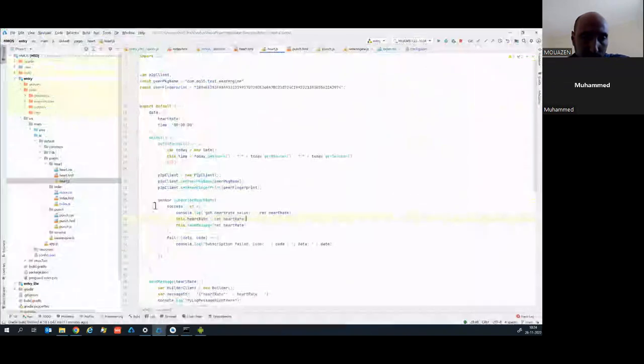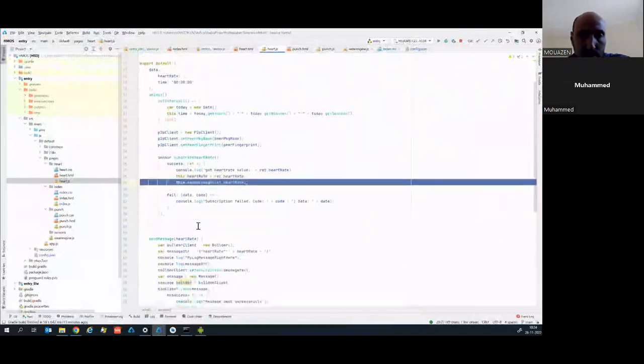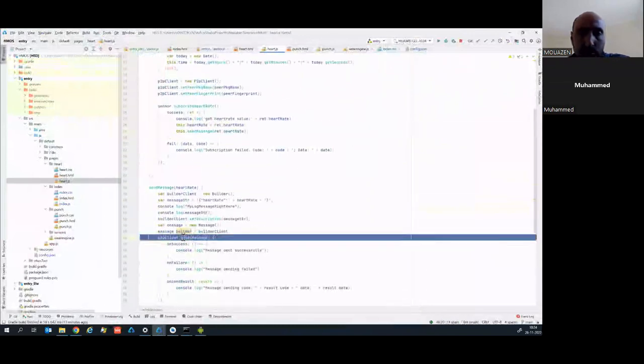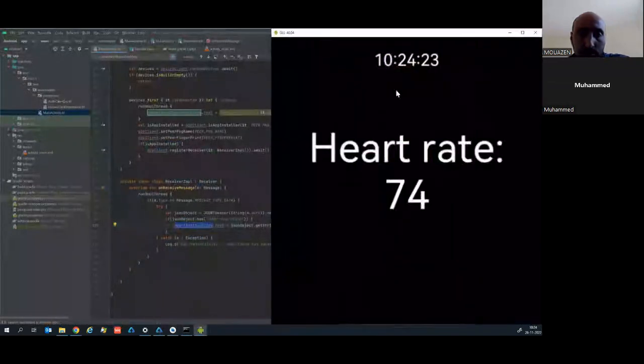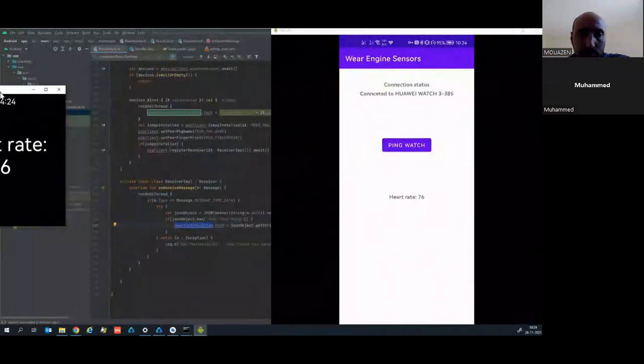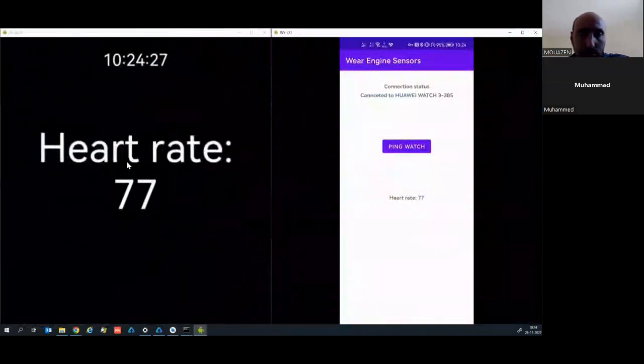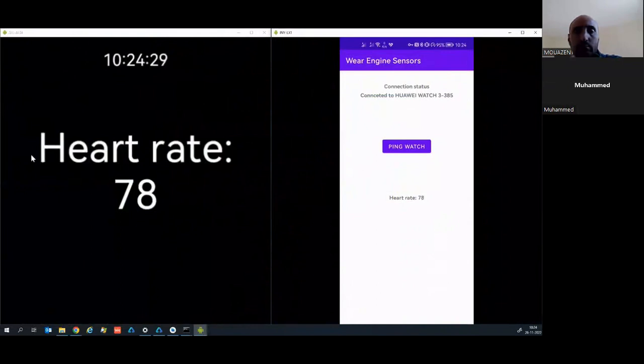So you can see that on the wearable side, we are sending this data with the P2P client send message, and on the Android side, we are receiving this data. Here we are using the heart rate sensor of the wearable to obtain the heart rate, and we are sending it to the phone. And my